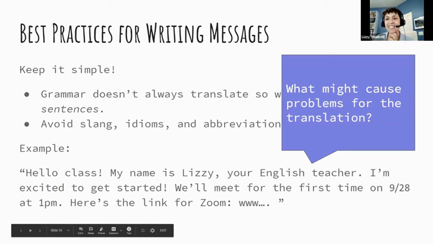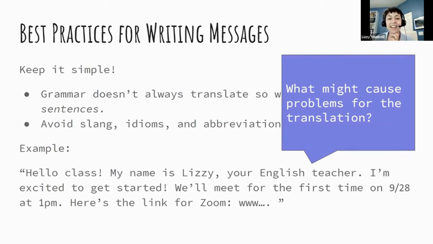Let me see here. I'm excited, I'm feeling okay about, although I definitely see that it could get lost. But it's that sentence that is my questionable sentence. Yeah, to get started. I don't know if that phrasal verb makes sense. I don't know if that'll work out across the board. It might be fine, but it could also cause some problems. And I think there's a simpler way that I could put that.